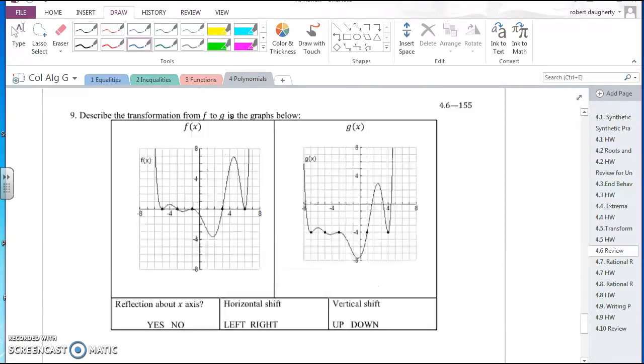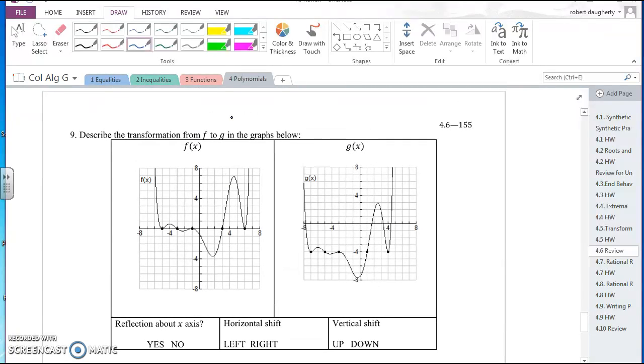Okay, final page, page 5 of our review, transformations of functions. So here you've got a graph of two functions, and you're asked to describe the transformation that goes on. So what you want to do here, you want to look at the points and figure out where they went